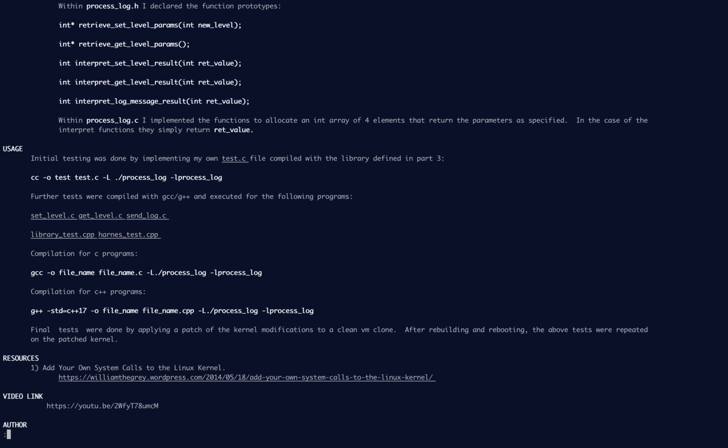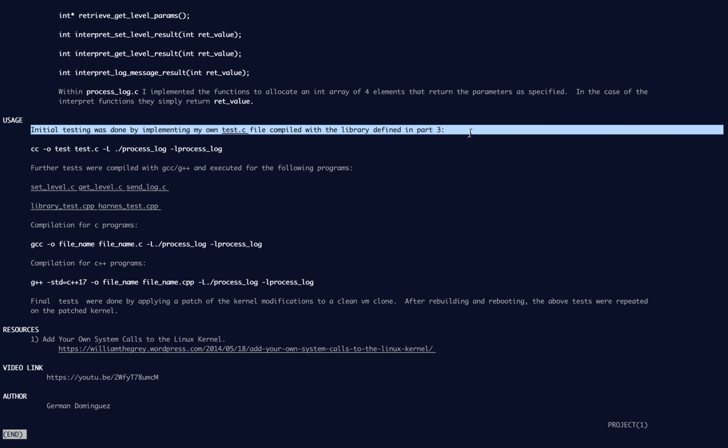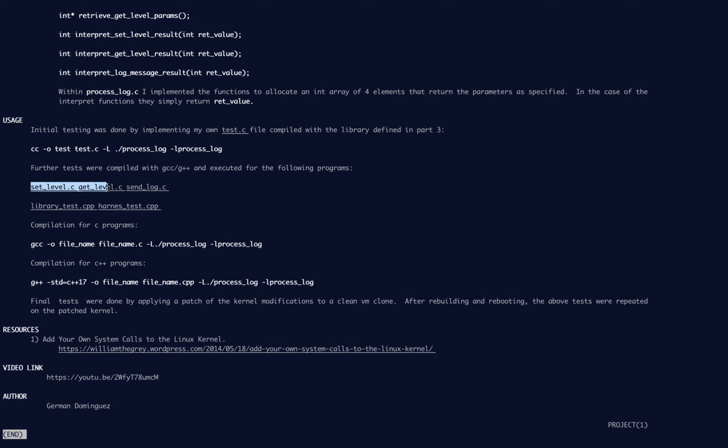Nothing too crazy here. Initial testing was done in the test.c file to check for edge cases, but I basically ran all the set level, get level, set log level tests,